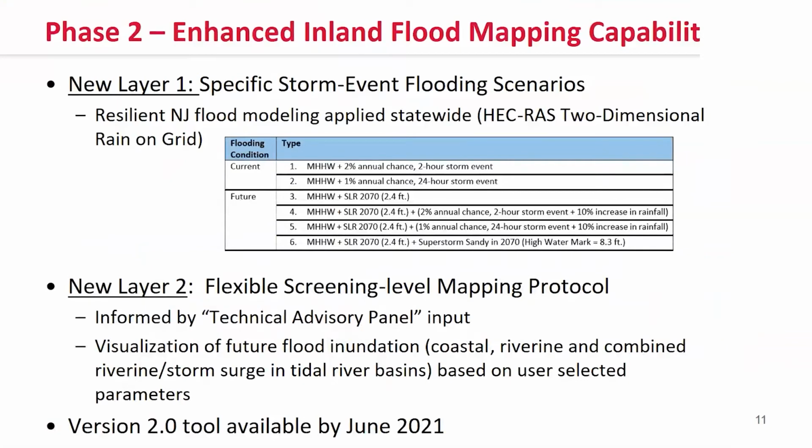Some of you may be familiar with the Resilient New Jersey initiative that NJDEP has been advancing. That initiative included some HEC-RAS flood modeling for the coastal counties, and DOT has been investing in advancing similar modeling to include statewide data coverage. Listed on the screen here are some of the scenarios that were used to create the data layer. So there'll be 4 future scenarios and then 2 existing scenarios that are storm-based, like 2-hour storm and